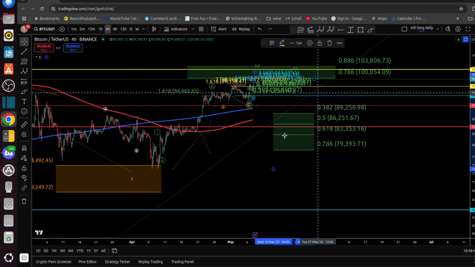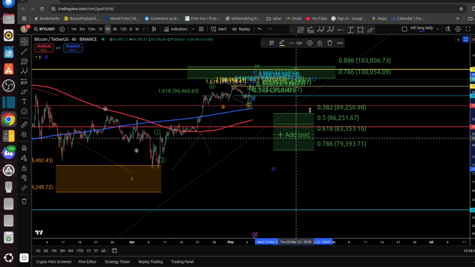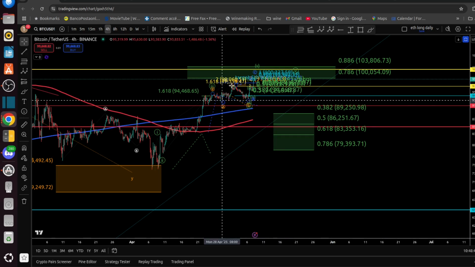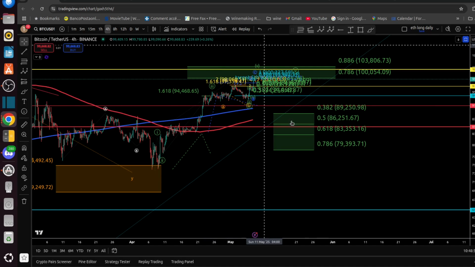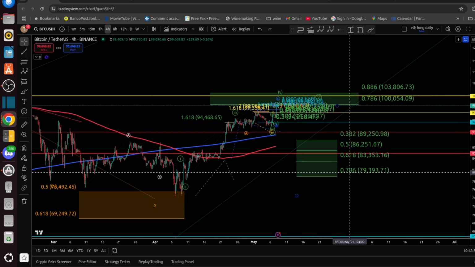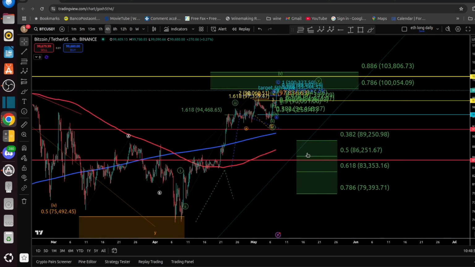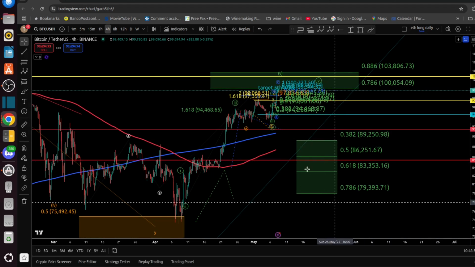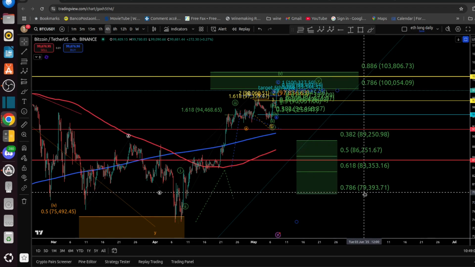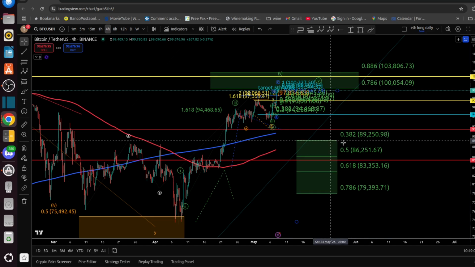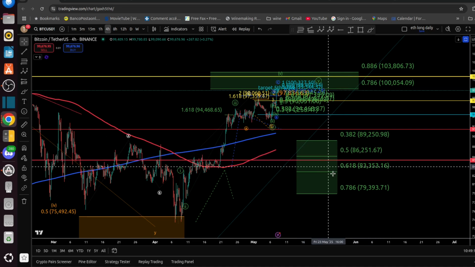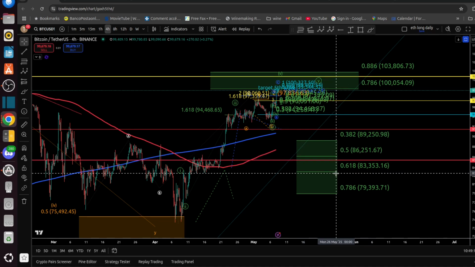Okay, so these are the levels now. For sure I would love Bitcoin to always go to the top, to the right, but then it has to do pullbacks. So I think today I'm going to start to take some partial profits and wait for price to range within this area. Am I looking for the 79,000? No. I will consider myself lucky if we go back to 86,000. 83, very, very lucky.